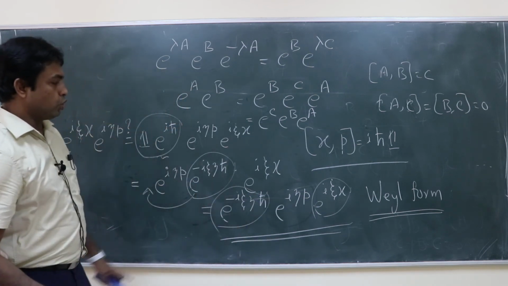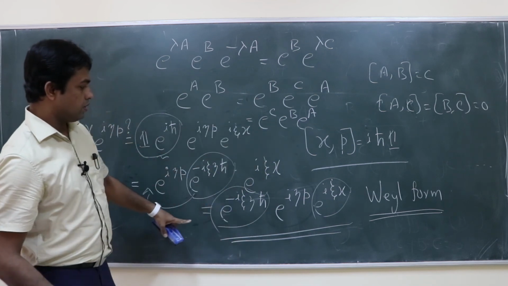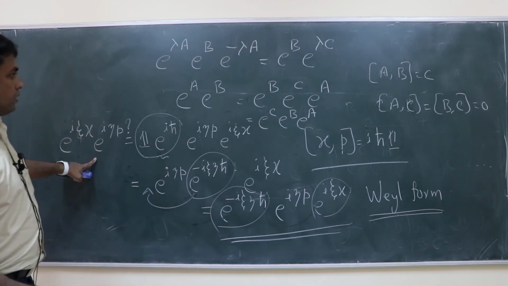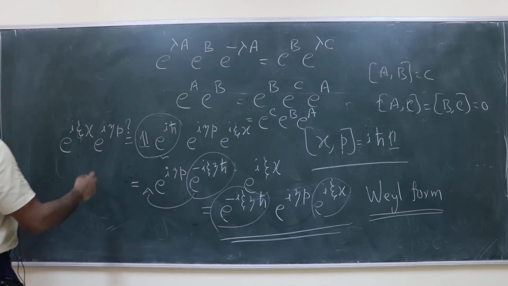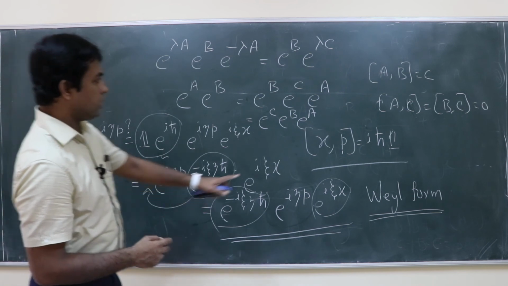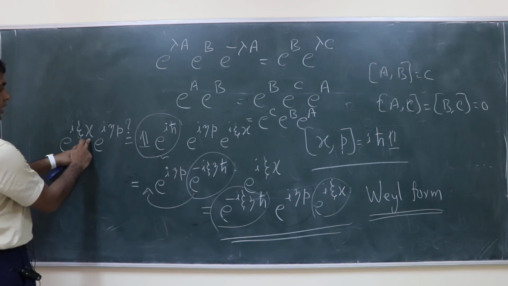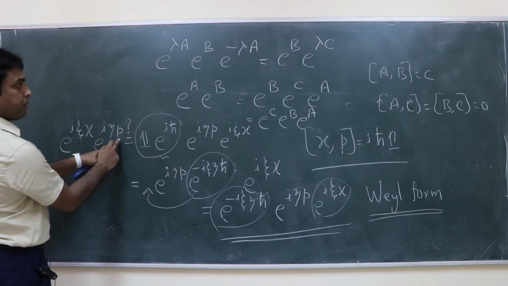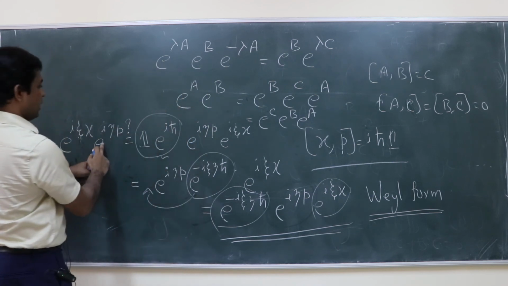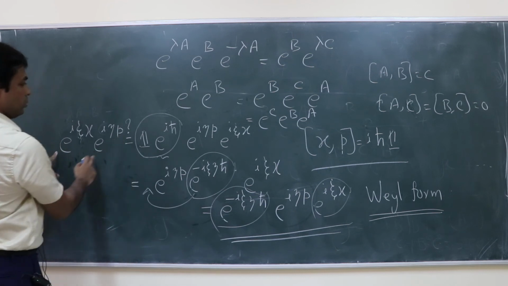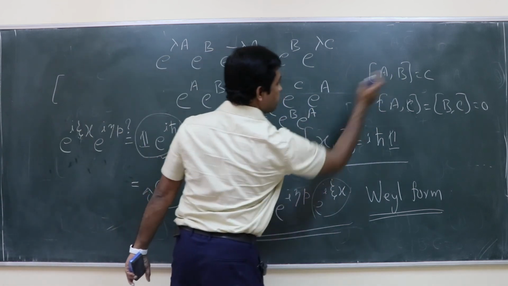Okay. So you have to find out C. So what is C? C is the commutator of... It's not just the commutator of x and p, it is the commutator of A and B. A is i psi x and B is i eta p, right? A is i psi x, B is i eta p. So you have to basically do C is the commutator of A with B.